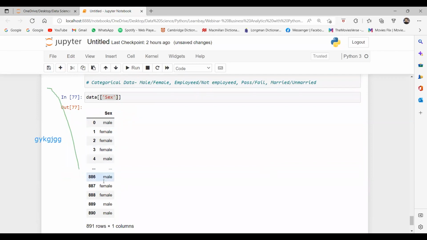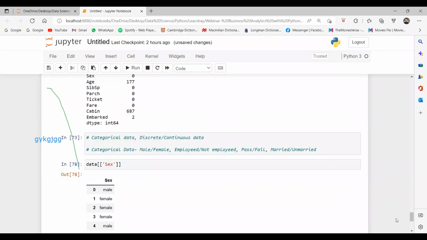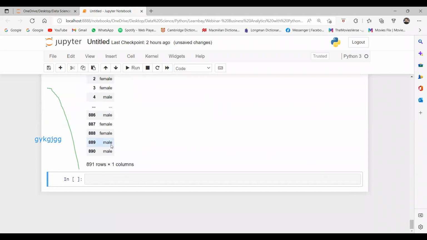On the left side, it is a series object. A series is what we have when we have a single column. If we have 12 columns, it means there are 12 series related to this data set. On the left side we have the indexes, and on the right side we have the values. Now, if we want to check how many unique values, meaning how many different values a particular column has, we have data.nunique.